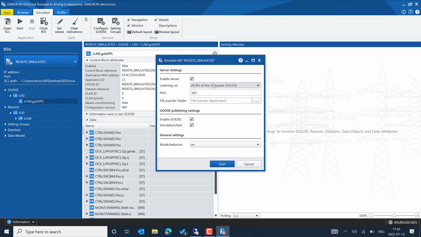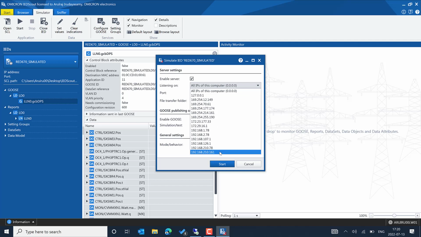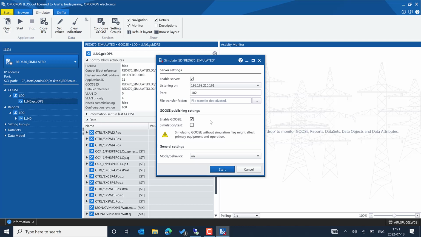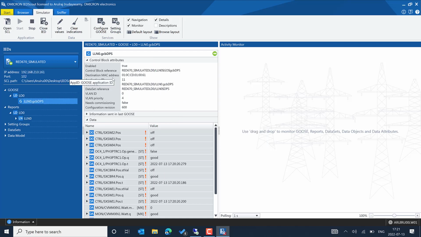Here you can pick the IP address that has been assigned to the adapter, and you also have the flexibility to simulate with GOOSE simulation and test flag enabled. This is a test environment, so I can uncheck it and then start simulating. So I have simulated the SCL file. Basically, now we could